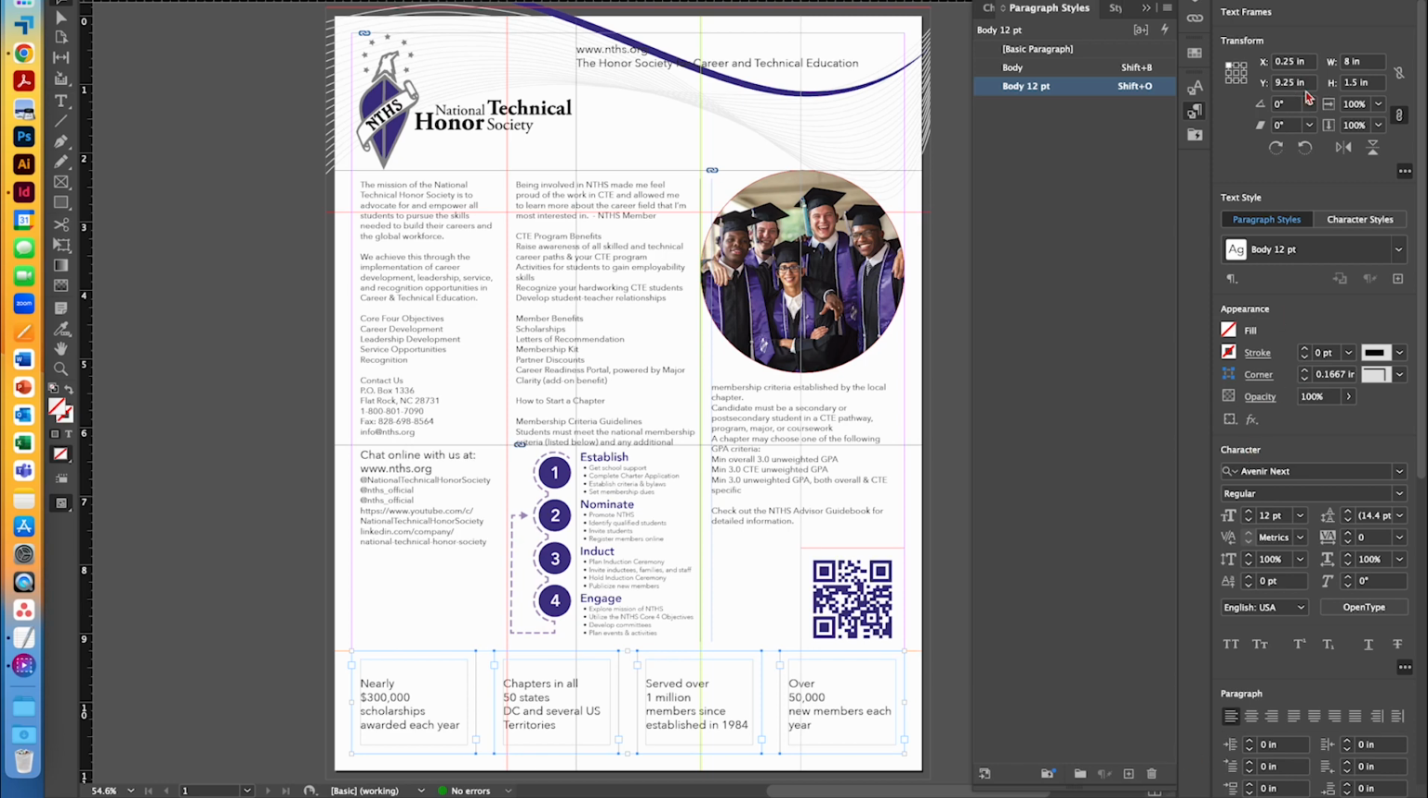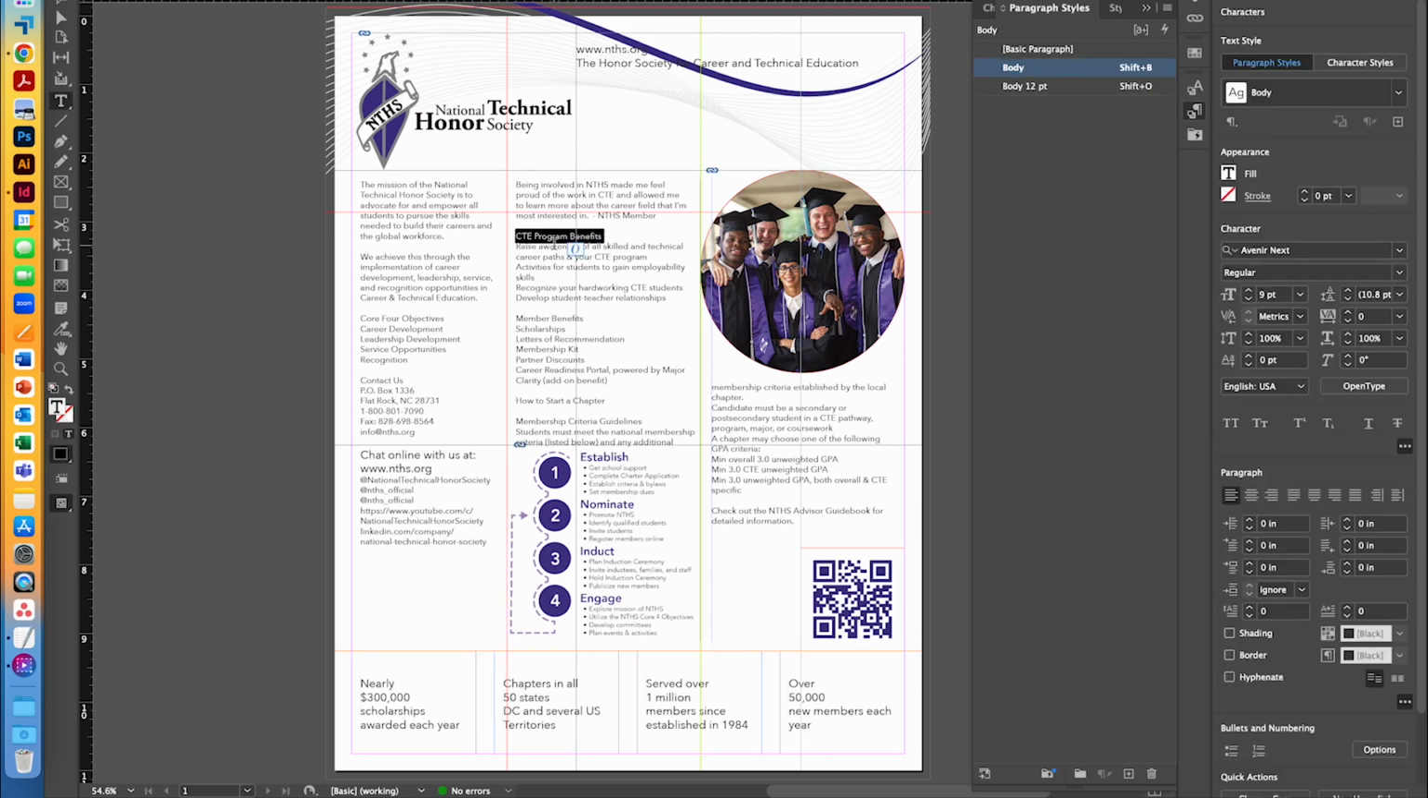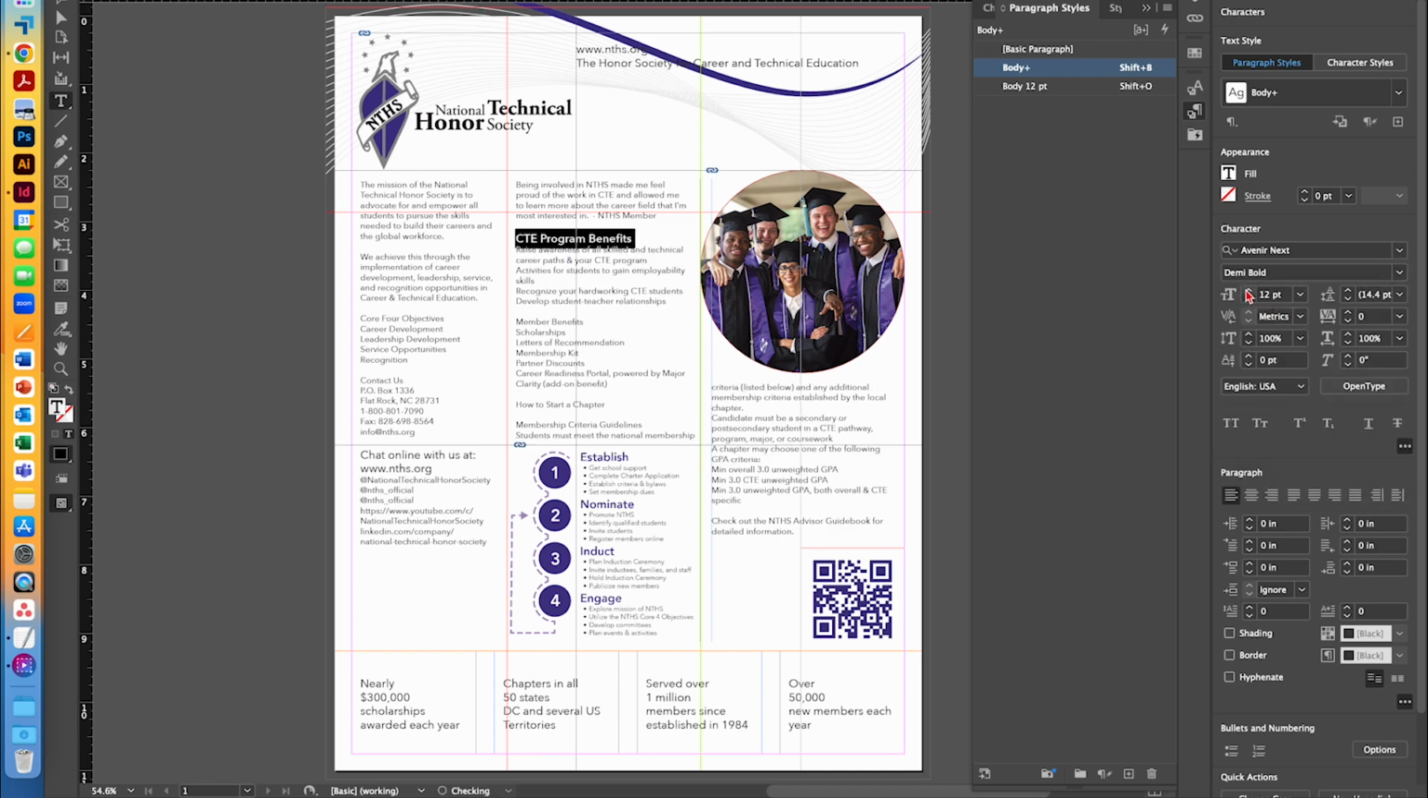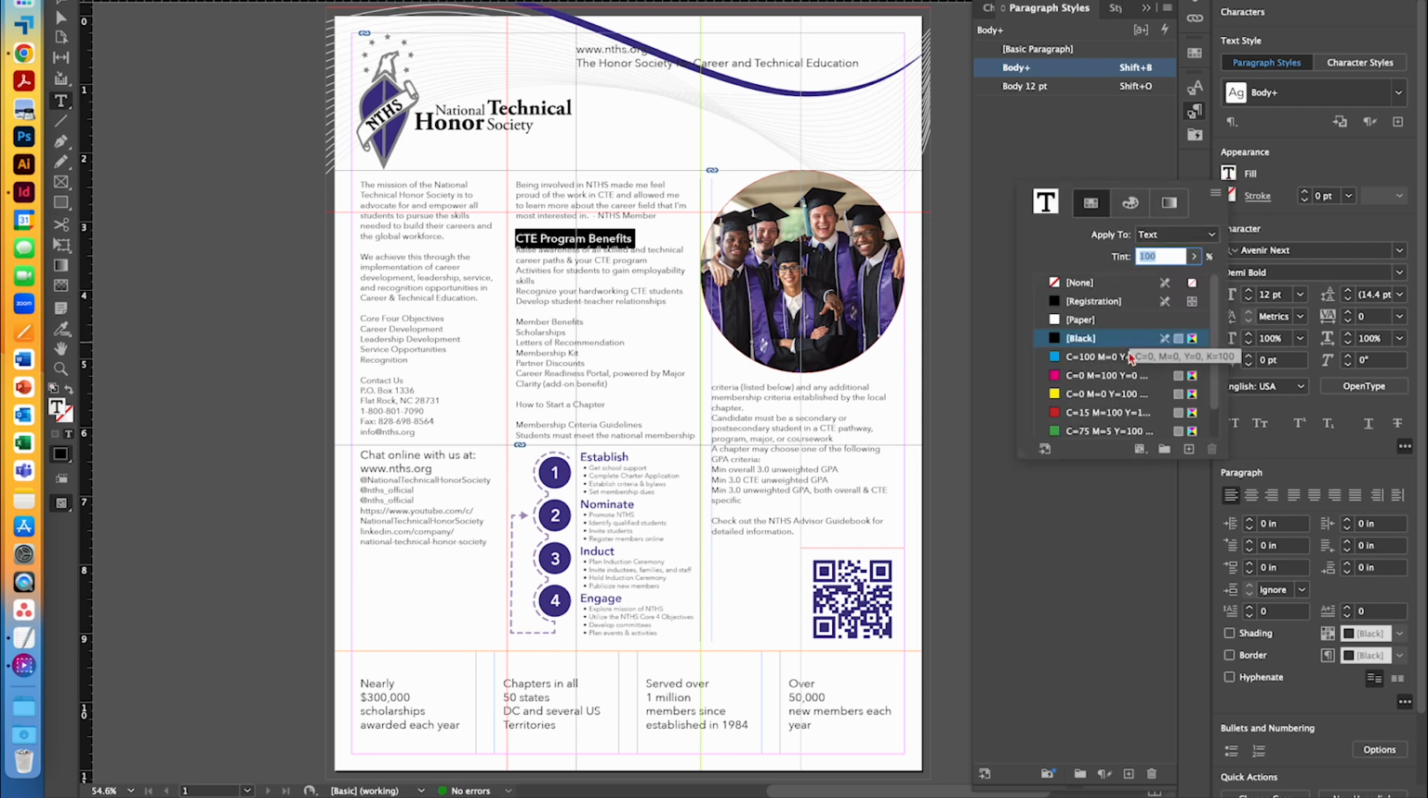All right, another paragraph style that we need to create is our header. And so CTE program benefits right here in the middle, that's going to be one of our headers. So I'll go ahead and stylize it, and then we can create the paragraph style based off of that. So with it highlighted, I'm going to change it to, it's still in Avenir Next, that's the same font, but we're going to change it to demi bold style. So demi bold. We're going to change it to 12 points. And we're going to change the color, the fill color, to that NTHS purple that we created for the QR